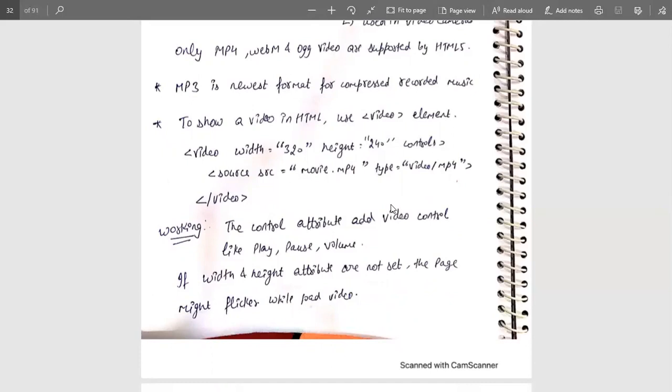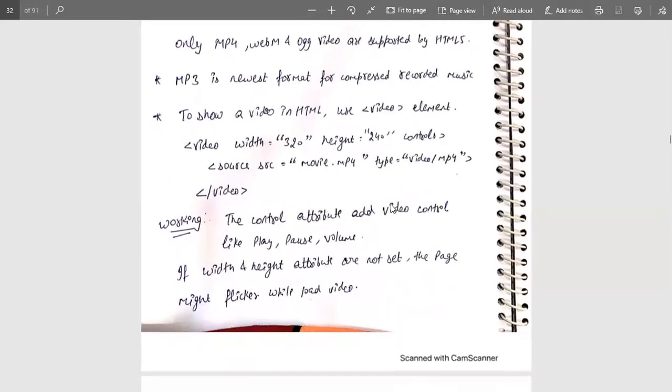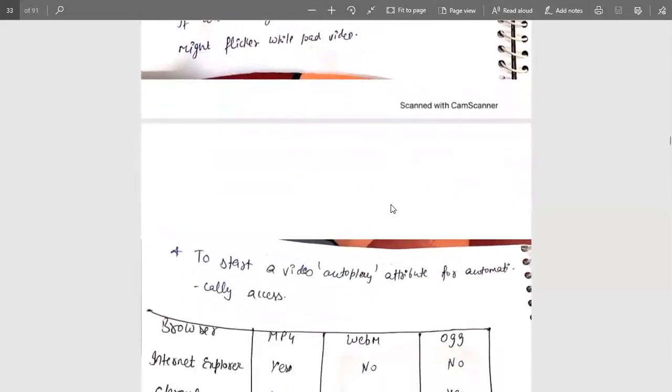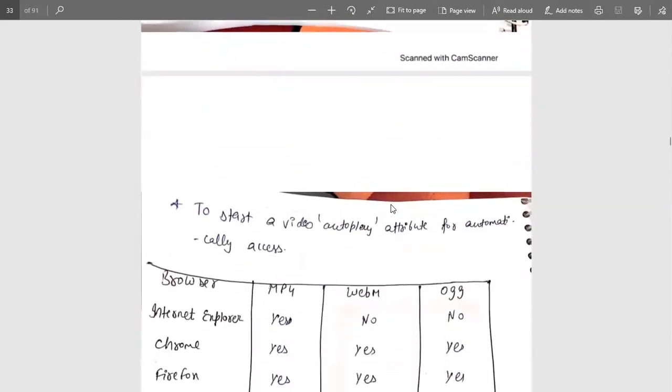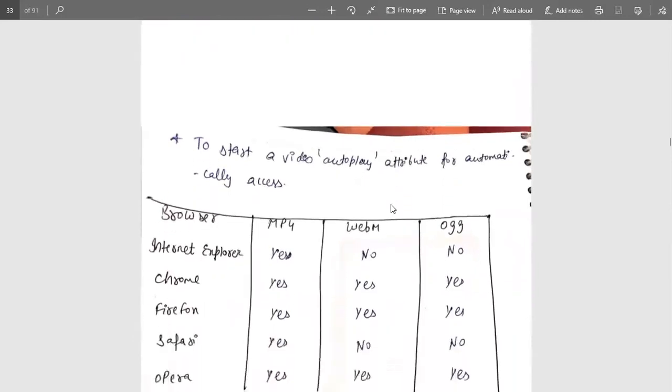If the width and the height attributes are not set, then the page might flicker while loading. That's why height and width are mentioned in a similar manner to an image, because video is not completely different from an image. The basic difference between image and multimedia is the extension or the feature we want to insert, but the attributes and their values are mentioned in a similar manner to an image.